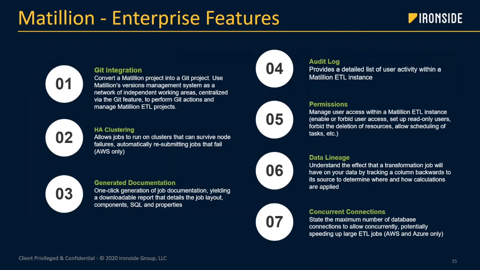So Matillion is a full suite ETL product, with all the features that you might expect as an enterprise, things like built-in integration. We do support an HA clustered architecture, data lineage for those that are interested in data governance, and auto job documentation. All of these are great enterprise features, but hopefully these are things you would expect out of a tool. The other thing to mention is that we do listen to our customers. We have a customer advisory board where we solicit feature requests from our customers. We have a community and an exchange where you can vote for new features, and we prioritize the features that we add based upon that customer feedback.